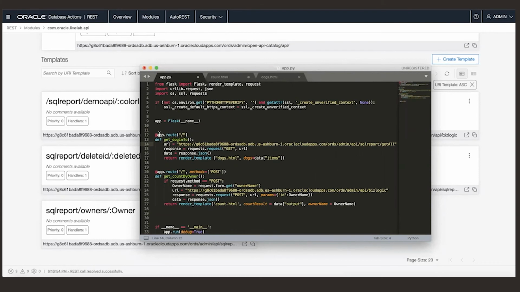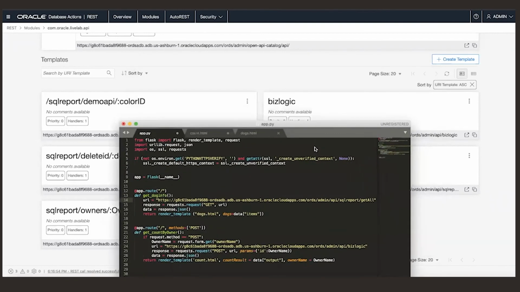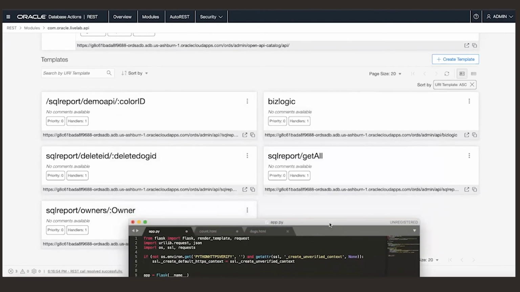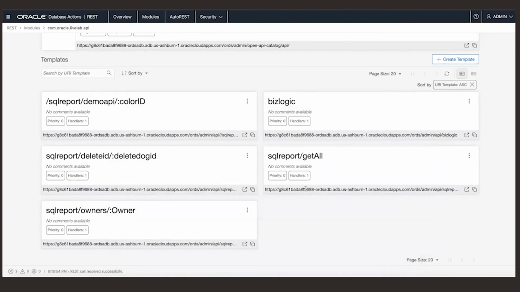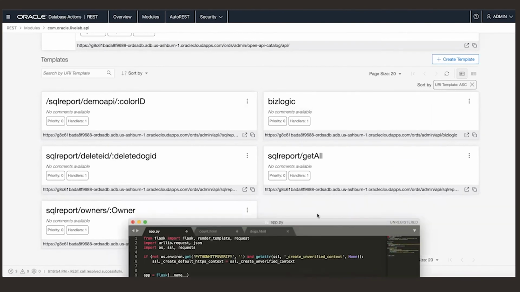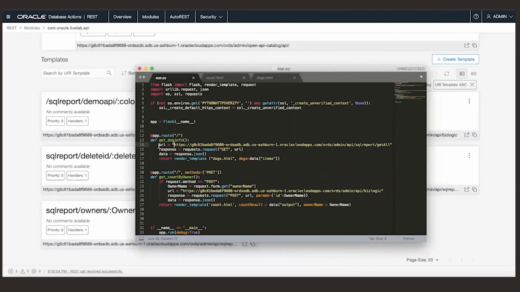Basically, I specified 2 routes. And as you can see, the first function is called get doc information. This URL equals select everything from the doc table, which is the get all here, right? I just copy and paste the entire thing from this place and paste it here, right? And then I just use the very traditional request, which is a get function, to call this and then get the data back, and then embed everything, which is a JSON, into the docs.html page.